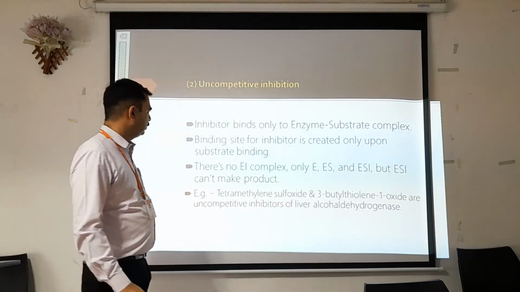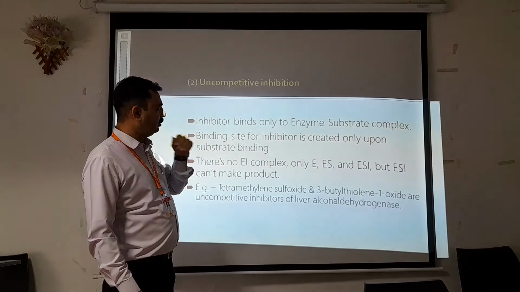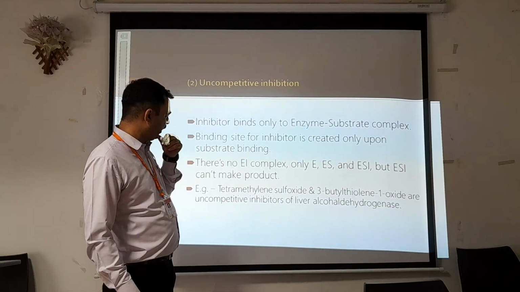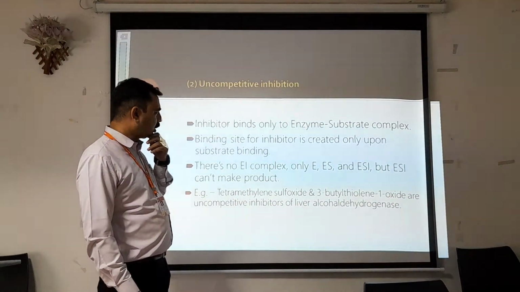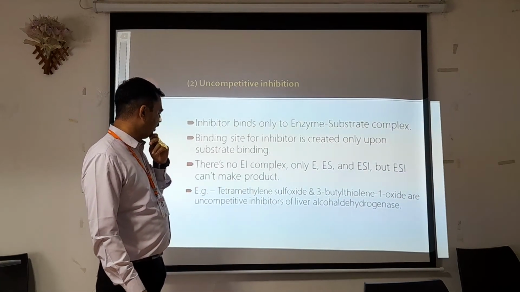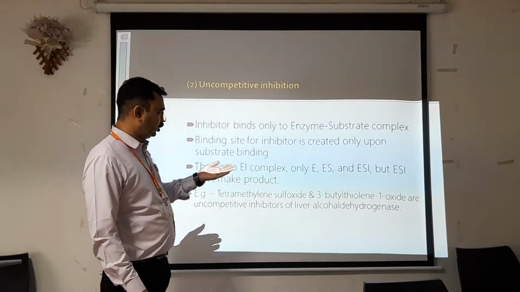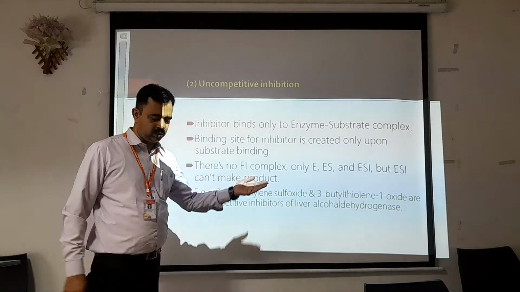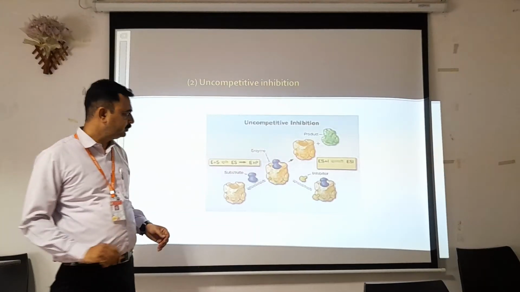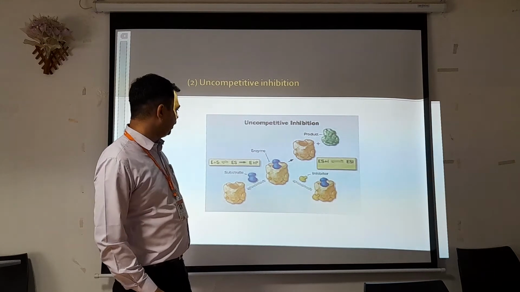Uncompetitive inhibition. Inhibitor binds to the enzyme substrate complex. Binding site for inhibitor is created only upon substrate binding. There is no EI complex, only E, ES and ESI, but ESI can't make product. Tetramethylene sulfoxide and 3-butynyl oxides are uncompetitive inhibitors of aldehydes. आता याच्यामध्ये गंमत अशी बघा, अनकॉम्पिटिटिव्ह मध्ये